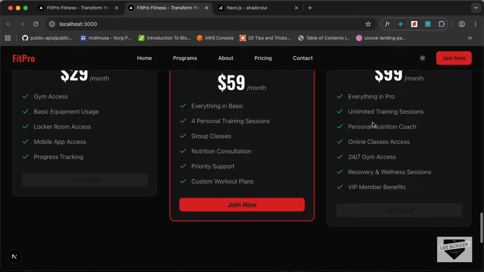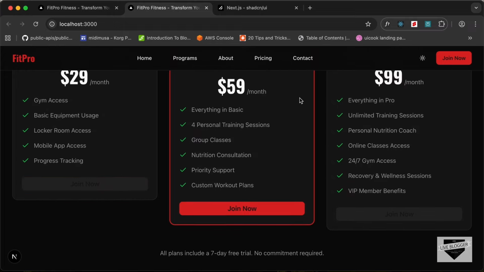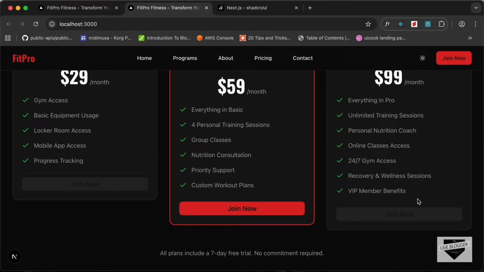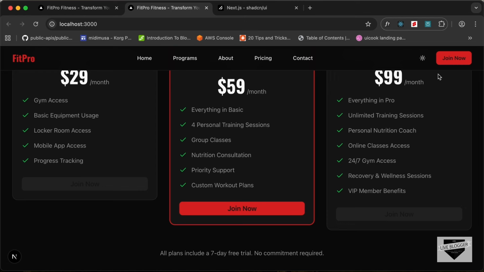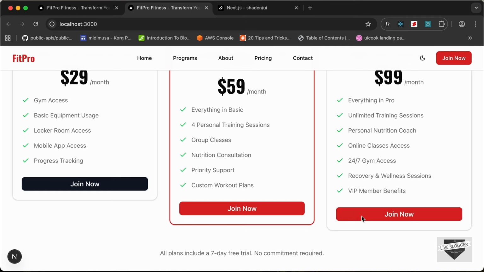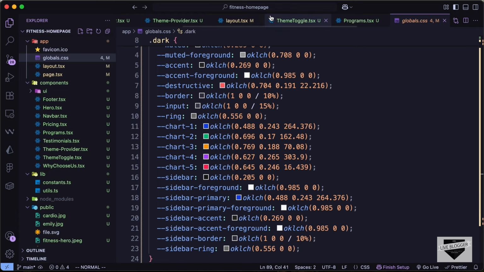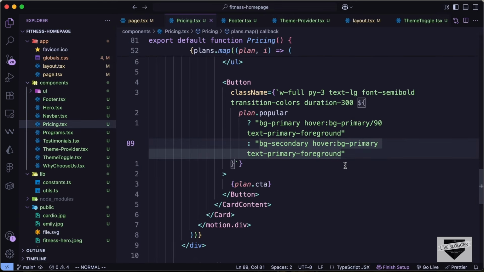Now for this plan section, we need to change the background color of these buttons. Now in the light mode, we can see that we have this dark color for the button and the text is white. Now for the dark mode, we don't have the white text color displayed. So let's go back. Let's go to the testimonials section. So what we will do is in the dark mode also, we need to have this same dark color for the button background. So let's go back over here to the pricing component, and here we'll just simply add,